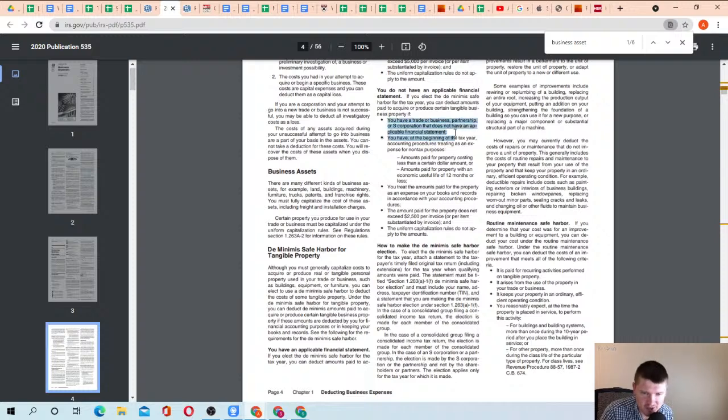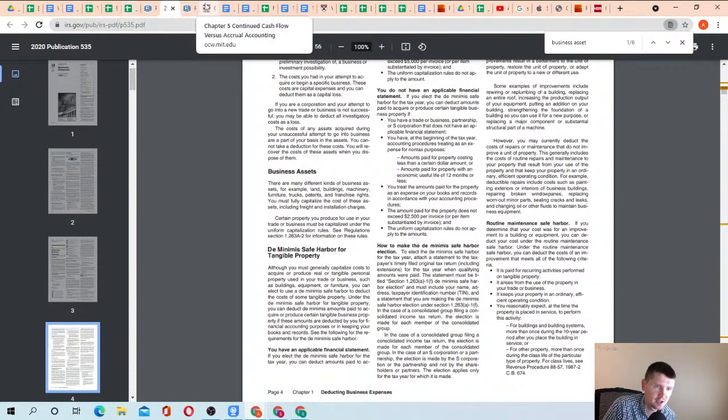So you have to have a business to take the deduction. You have to have an accounting procedure which would say that transactions up to such amount will be an expense and will not be capitalized. So you need to treat that as an expense on your books. And also you need to figure out what capitalization rules are in order to treat that as an expense. Okay, let's move on to further